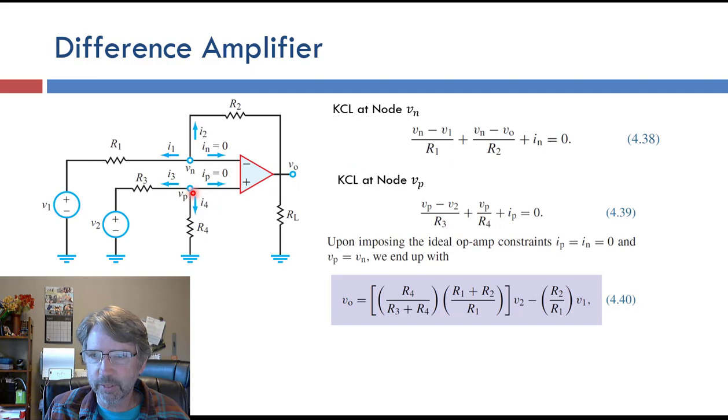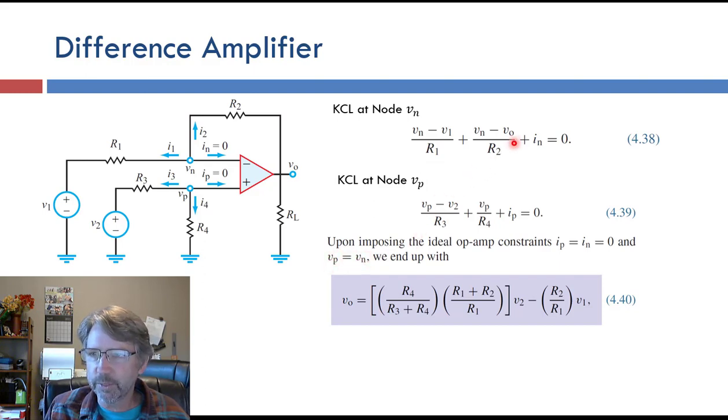Similar thing for Kirchhoff's current law at the non-inverting input node: Vp minus V2 over R3 plus Vp minus 0 over R4, these two terms, and then Ip. We can't do Ohm's law, but that one will go to 0 when we apply the ideal op-amp constraints, the summing point constraints, or the golden rule. Ip equals In equals 0, that zaps this term and this term. Vp equal to Vn gives us, basically, we have three equations, 1, 2, and this would be the third one,